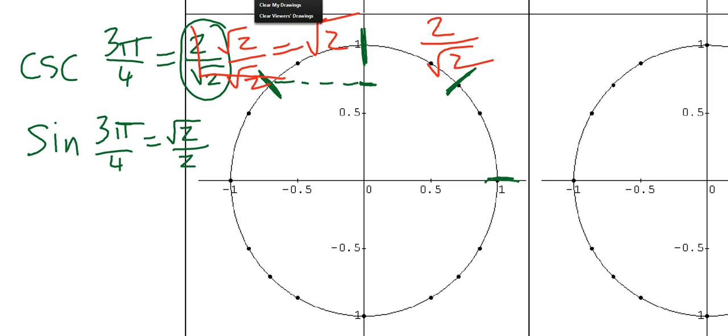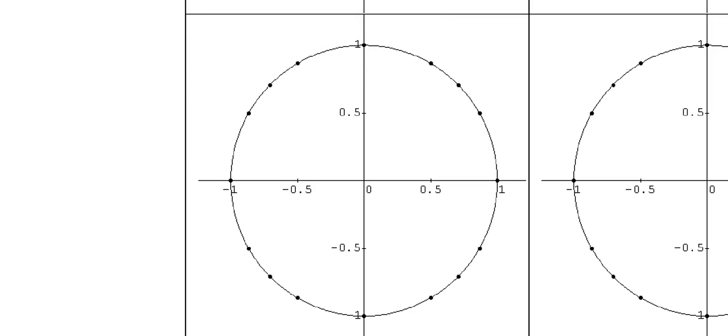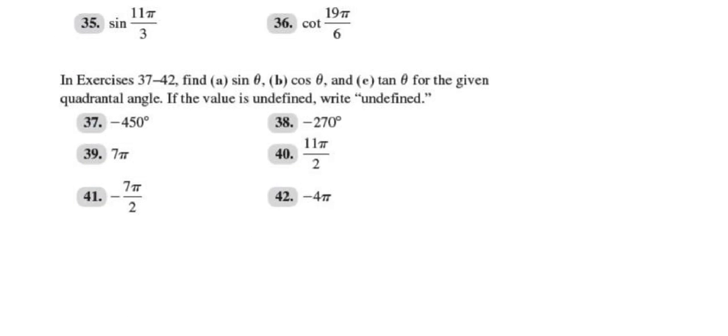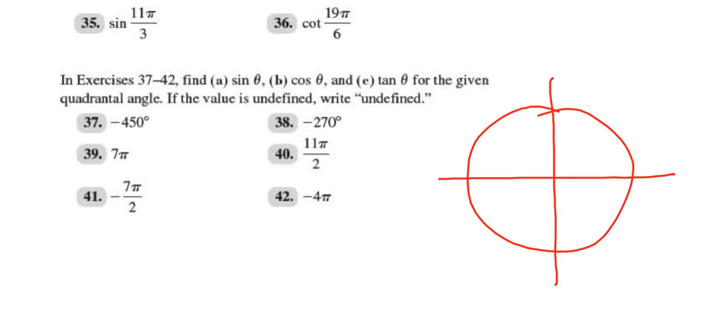All right? You got anything else? Yes. 40? Okay, 11 pi over 2. All right, so 11 pi over 2. I'm just going to draw a real crude circle here and go. Okay, so we've got